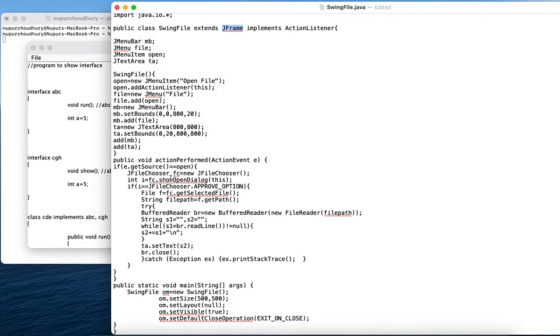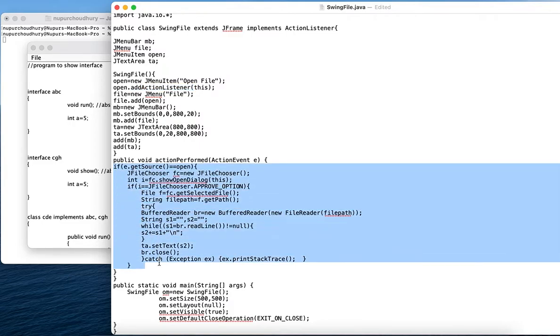Now we will have a method here which is actionPerformed, ActionEvent e. This method is automatically invoked when we have added the addActionListener method. Whenever we have used this addActionListener, actionPerformed would automatically be invoked, and we will be defining what this method should do whenever an event has occurred.